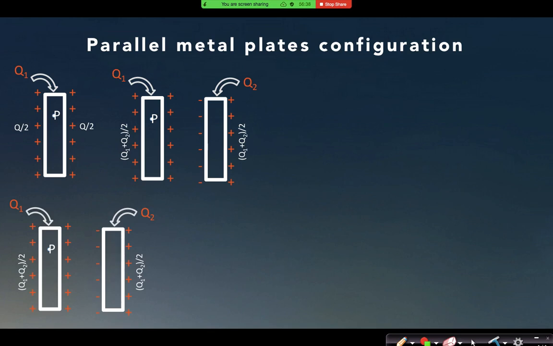Now what will happen if I earth any one of the plates? Suppose I have earthed this plate. As soon as I have earthed this plate, what should be the potential of this plate? Zero. Now you have to understand one very basic concept: if I earth this plate, then the potential of this surface is 0, and at infinity the potential is also 0.